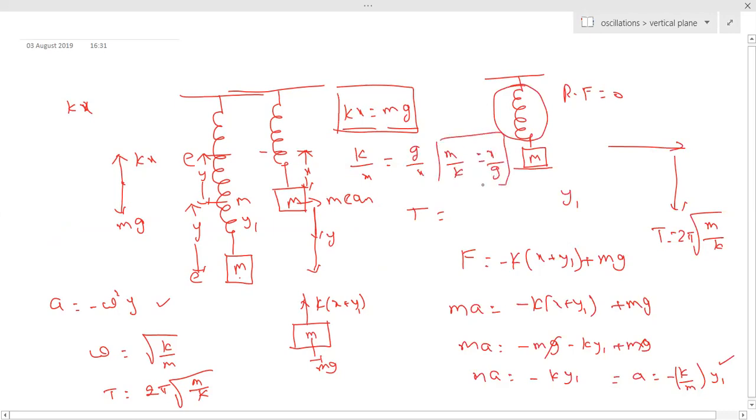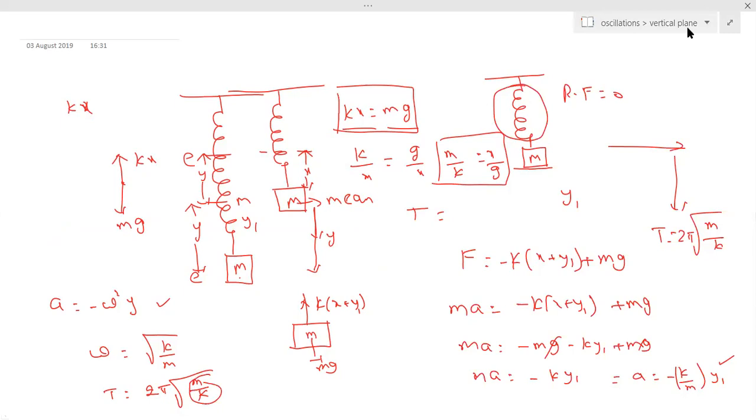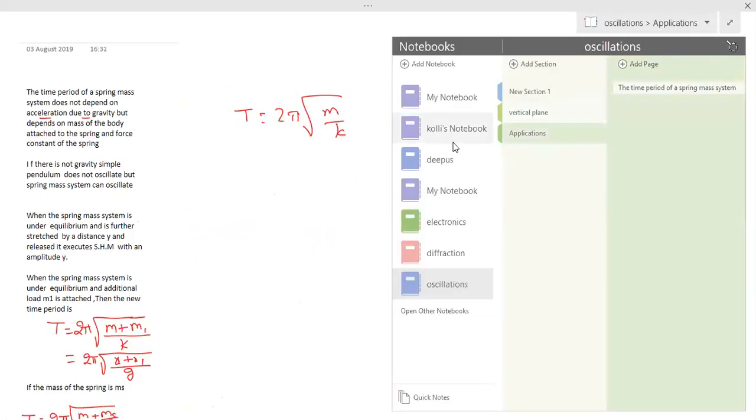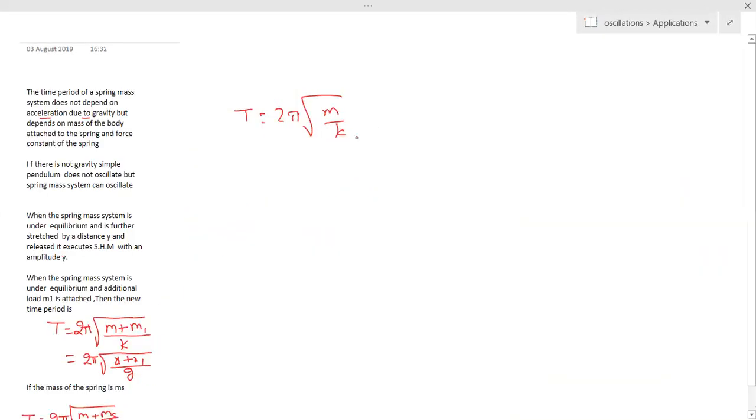Okay, we can write like this. m by k, instead of this m by k I can substitute x by g. So instead of m by k, I can write x by g. That is equal to 2 pi root x by g. Remember that this x is the initial extension, but not the extension that we created to undergo